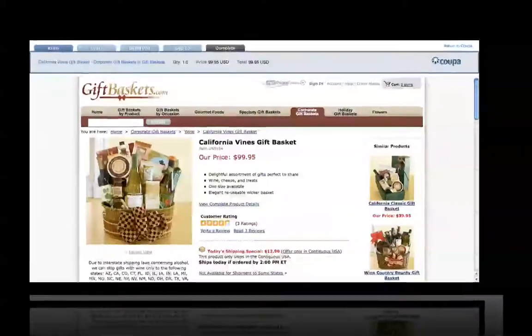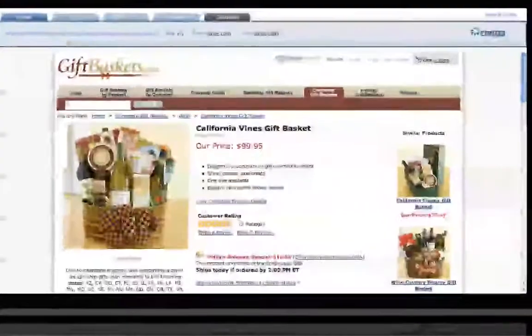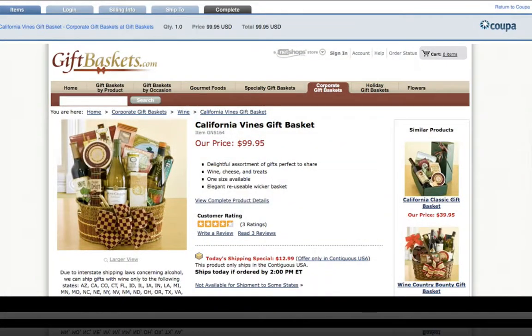Coupa iBuy then facilitates the e-commerce transactions for the buying organization on the back end, a one-two punch that unleashes your entire organization onto the vast information resources of the internet to practice smarter spending in a manner never seen